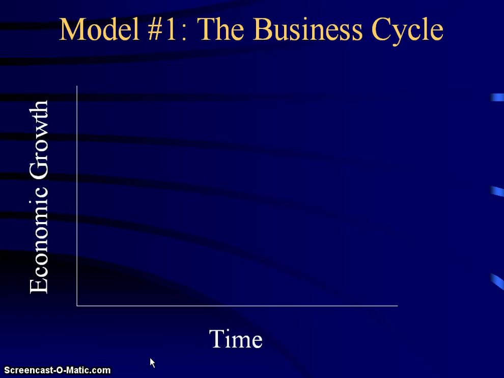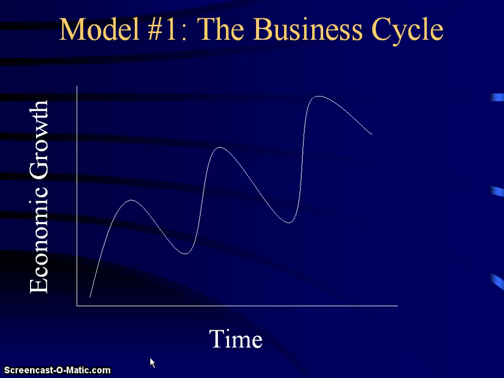What we're really measuring with the business cycle basically is economic growth. Now, you don't exactly know what economic growth is, and there's a specific definition for it. But basically, I'd like to call it economic goodness, right? If economic growth is happening, that means the economy is doing really well. And if things are going really poorly, then economic growth is going to go down. That's an oversimplified explanation, but for right now, that's fine. We're actually going to spend time on that term, economic growth, later this semester. But for now, think of it as economic goodness, all right?